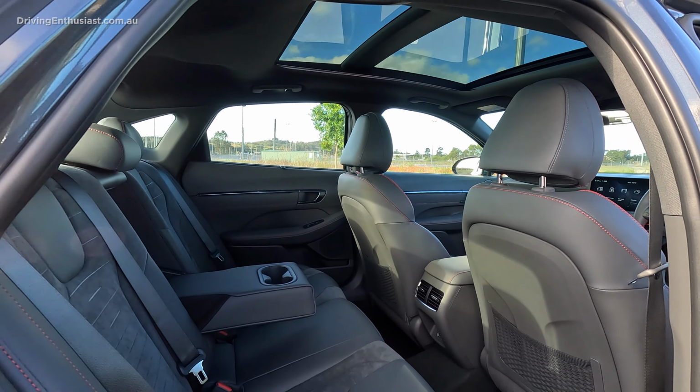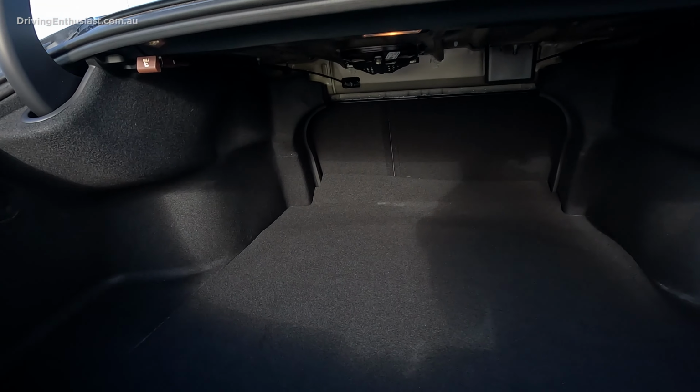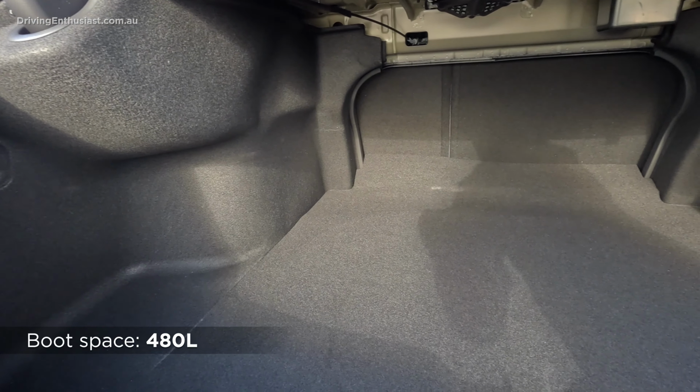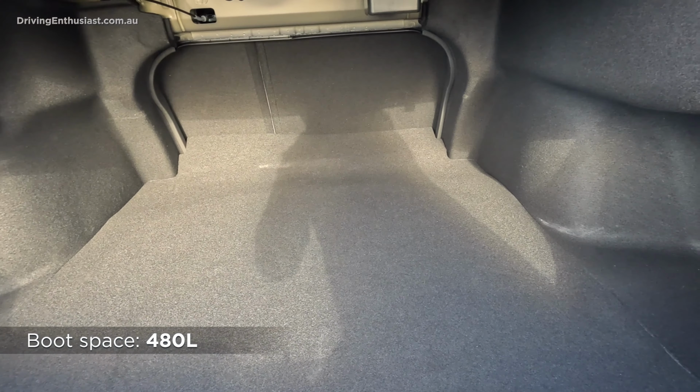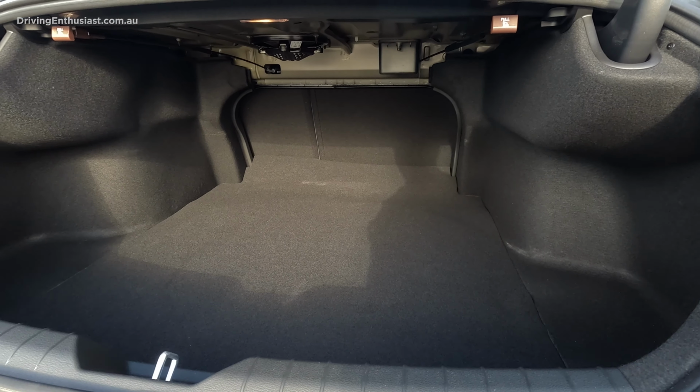Up at the back, the boot measures in at 480 litres. That's down from 510 before. A space-saver spare wheel is housed under the floor. It's a big enough space to support the weekly shopping, or a bag of golf sticks, and some other sporting